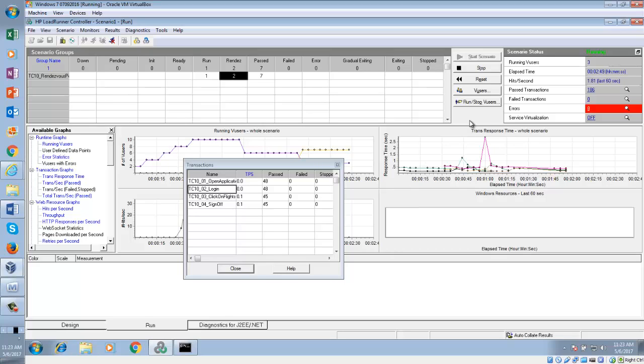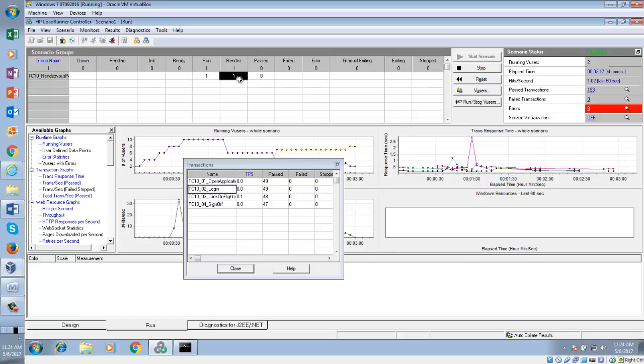Okay, now 30 seconds, right? Now probably they will be done soon. 1 user left. Can you see 48, 49 login? So when it reaches 50 login, then it will be done, because 5 iterations, 10 virtual users. So 1 user is waiting 30 seconds to get another 7 users so that the number becomes 8. When the number is 8, it will go straight for the rendezvous, but if it doesn't get 8 users, after 30 seconds it will kick off that 1 user,